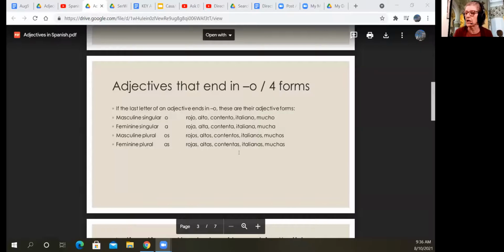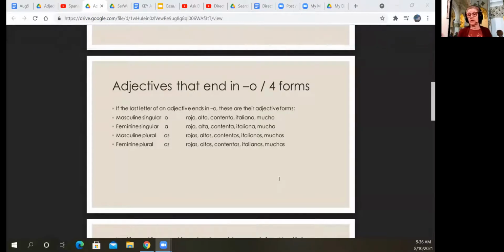Okay. Vale, muy bien. Okay. Let's start with adjectives. Vamos a empezar con adjetivos. And I'm going to share with you just some general info here. Oh, where my buttons are buzzing out on me here. Okay. Adjectives